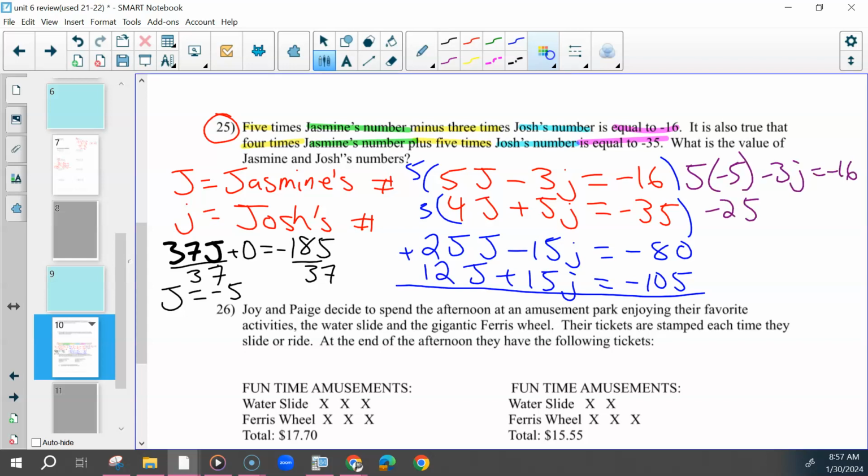So negative 25 minus 3j equals negative 16, so that Josh's number would be